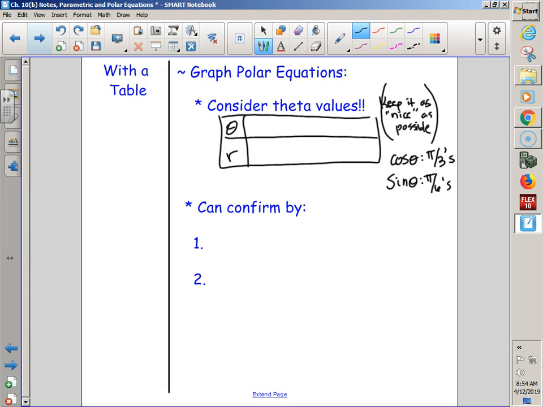But once you graph like a table, once you plug in all these different angle values, there are a couple different ways you can confirm that you have the right graph. One is the easiest one, which I had you guys do by calculator. In our polar mode, we've been kind of working with that one, trying to figure it out. The second one is by